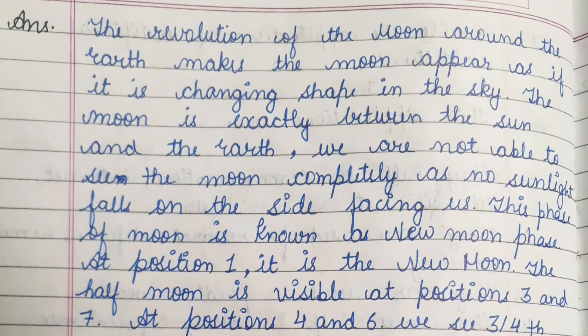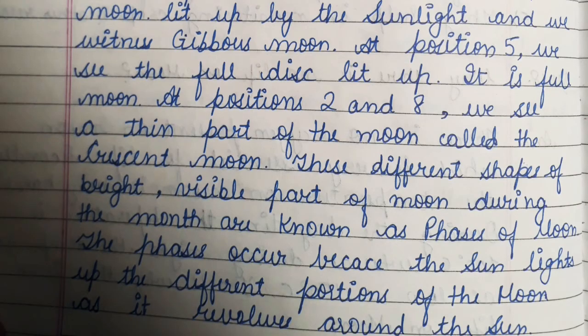So at position 1 it is the new moon, and half is visible at positions 3 and 7, and at positions 4 and 6 we see the 3/4 moon. Okay, next we can write that it is lit up by the sunlight and we witness the gibbous moon. So the second moon we can say is the gibbous moon, and at position 5 we see the full disk lit up, it is the full moon. At positions 2 and 8 we see a thin part of the moon